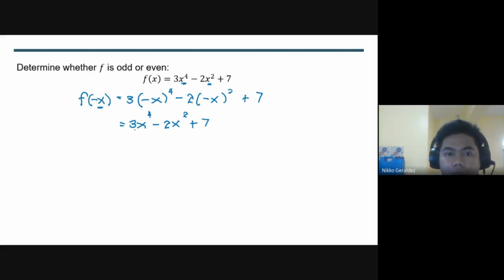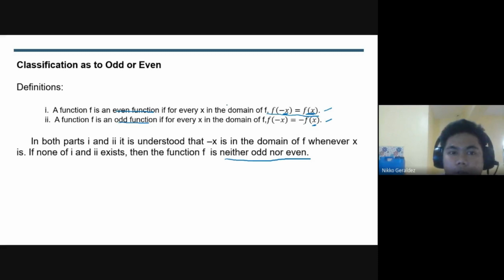So check natin kung ito ba is f of x. Tignan mo yung given function na f of x. First term, 3x raised to 4, 3x raised to 4. Second term, negative 2x squared, negative 2x squared. Third term, 7, 7. The resulting value is equal to f of x. So f of negative x equal to f of x. Ano yung definition na nasatisfy niya? That is definition number 1. So, therefore,